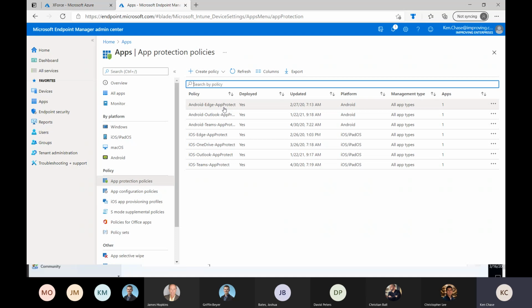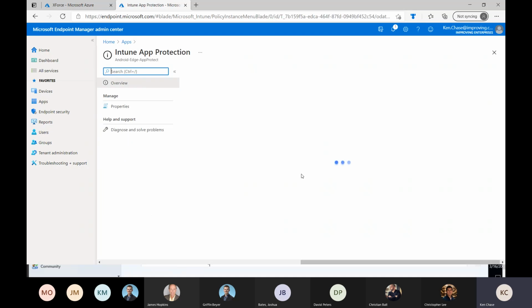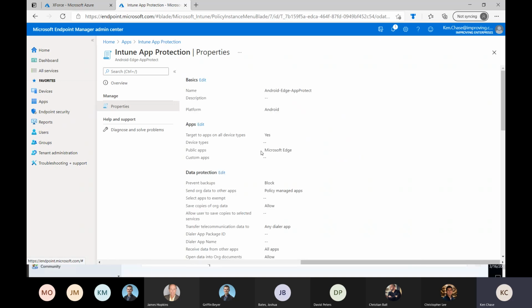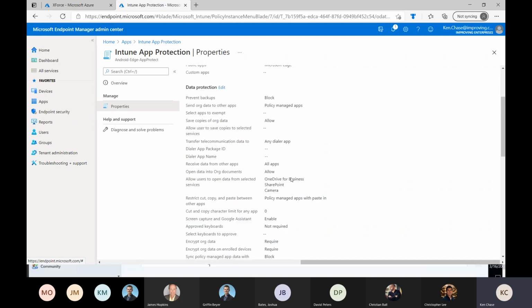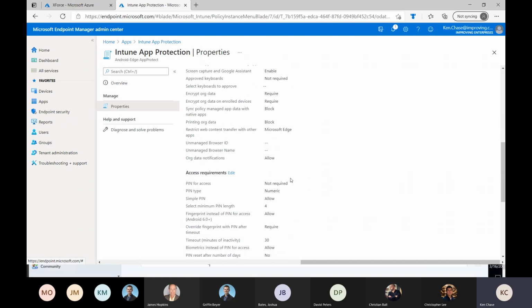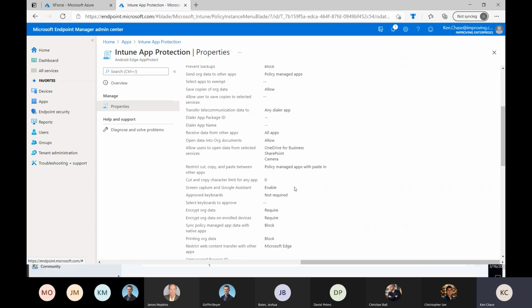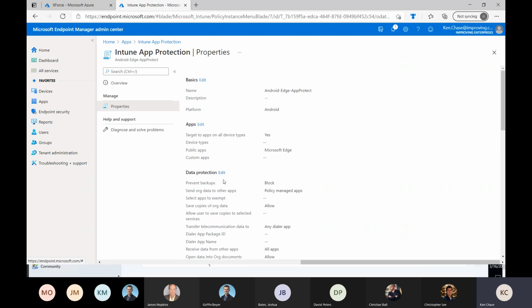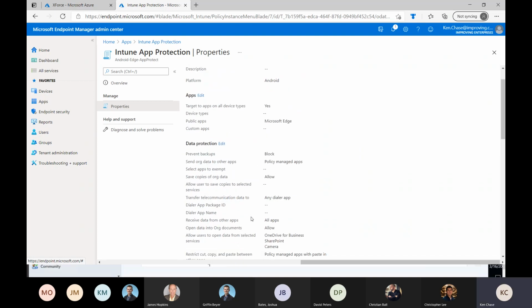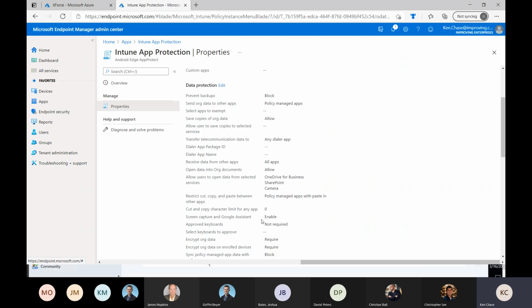Similar situation for your app protection for Android. Android gets a little bit dicier because there are so many different flavors of Android, because every OEM takes Android and customizes it to their needs. So there are some different things you can do with Android, which gives you a little more flexibility. But what you need to know for that flexibility is what they call